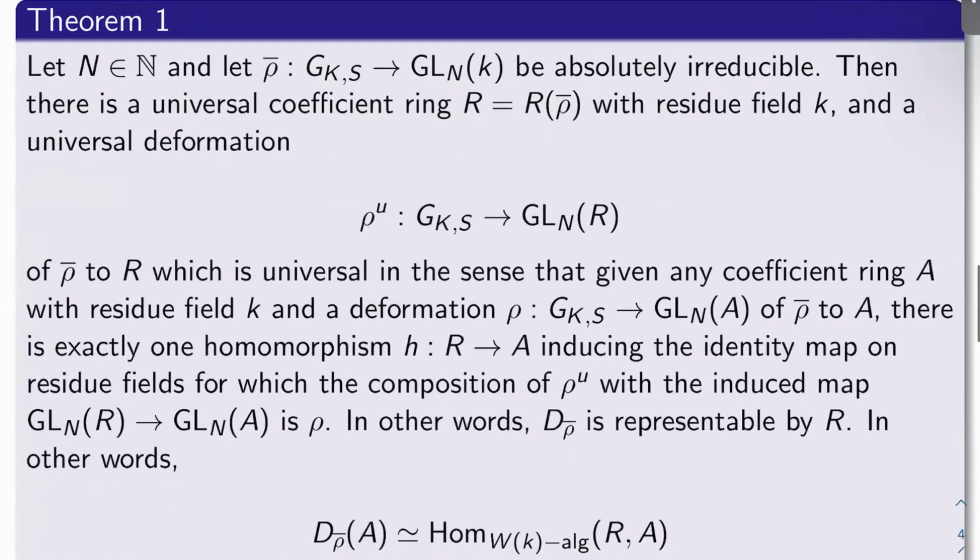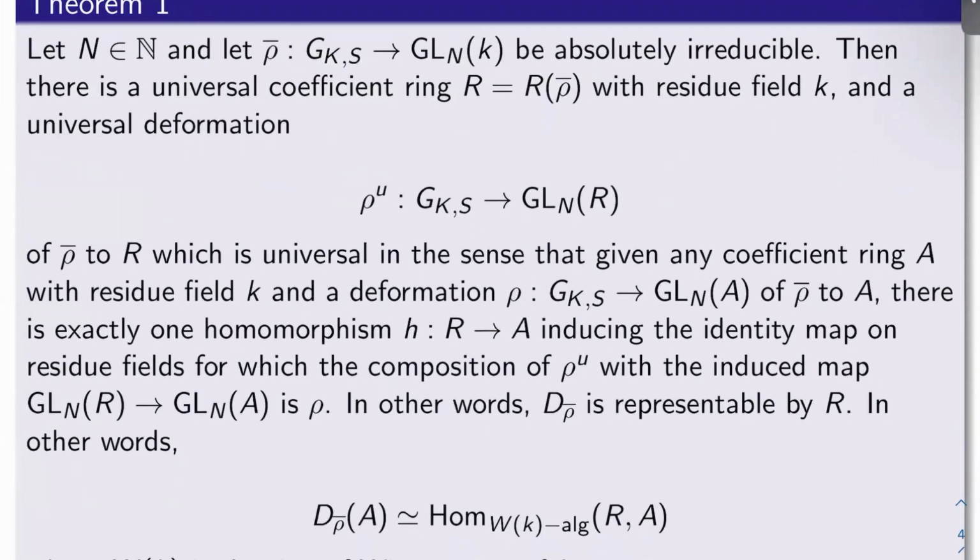Here's the big theorem. Let n be a natural number and let rho bar from G_{K,S} to GL_n of k be absolutely irreducible. So take some absolutely irreducible residual representation. Then there is a universal coefficient ring R equals R of rho bar with residue field k. So it's actually in that category C hat of A from earlier. And a universal deformation rho U from G_{K,S} to GL_n of R of rho bar to R, which is universal